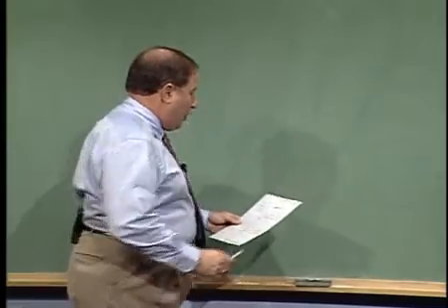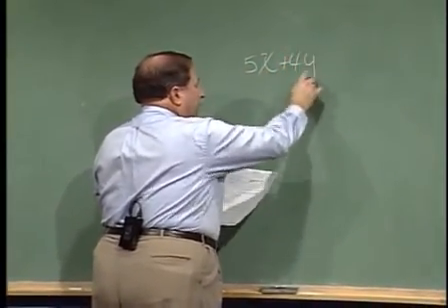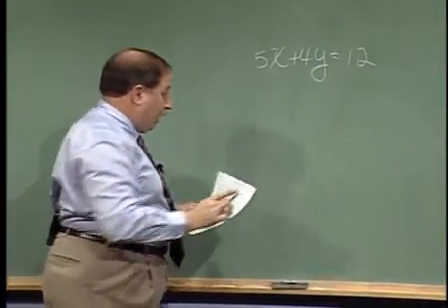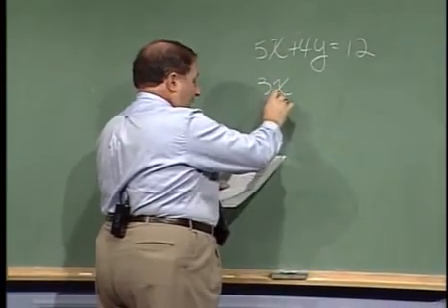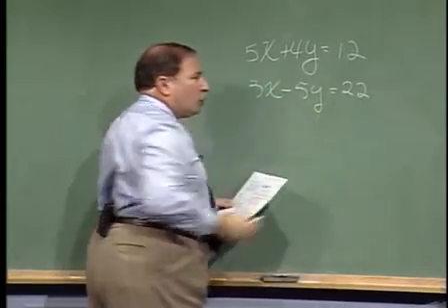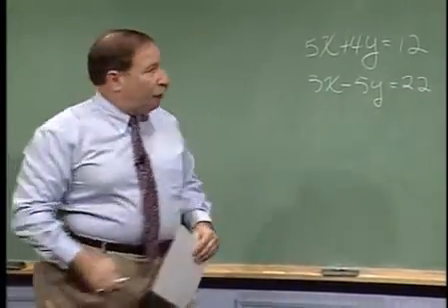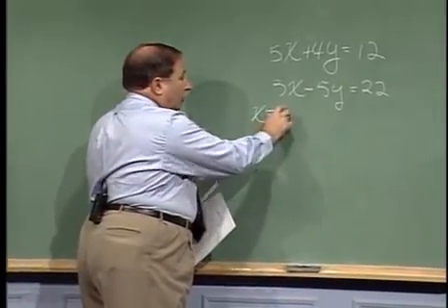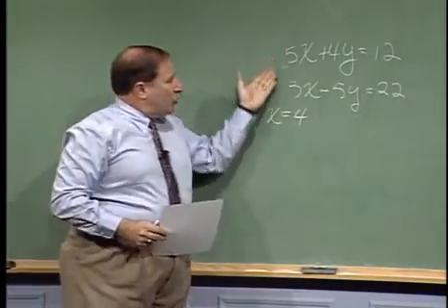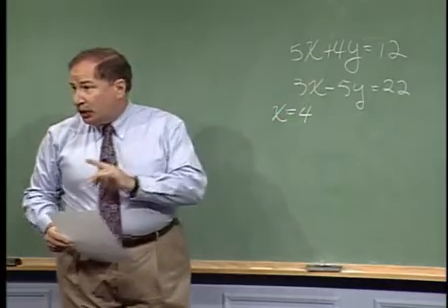So we have our two equations. We have 5x plus 4y equals 12. Again, these are the original equations. And we have our second equation, 3x minus 5y equals 22, because we always go back to the original equations. We've solved for x. X was 4. We want to solve for y. Now, I ask you, which of these two equations do you think I will choose to solve for y? It really doesn't make a difference